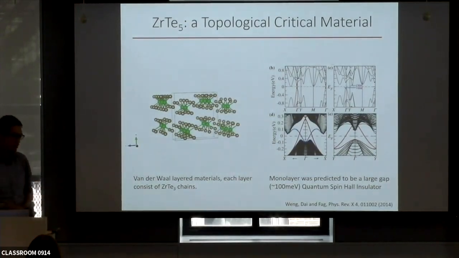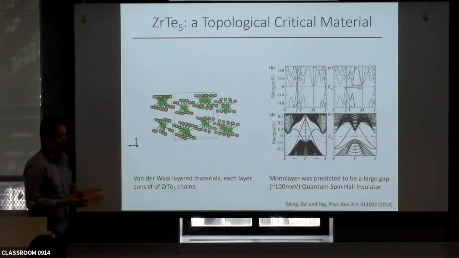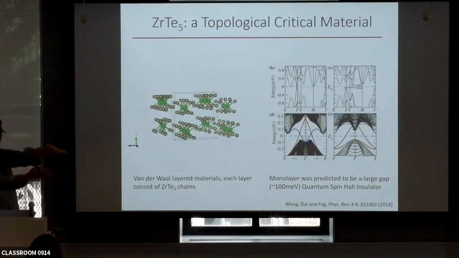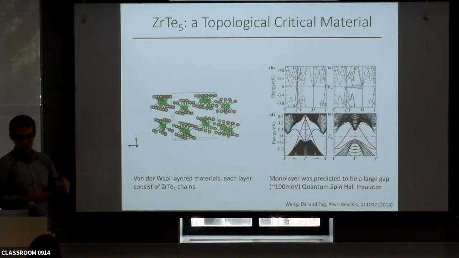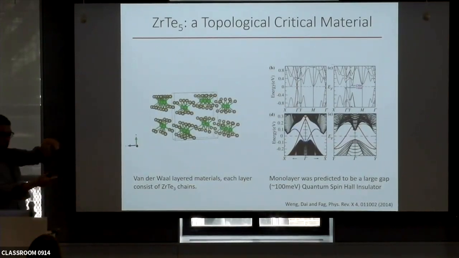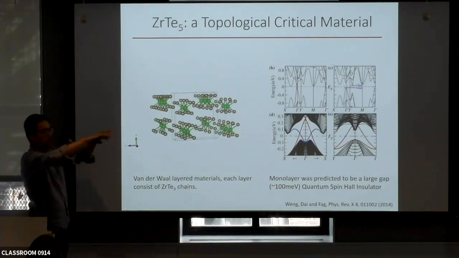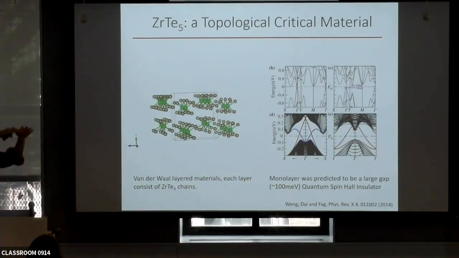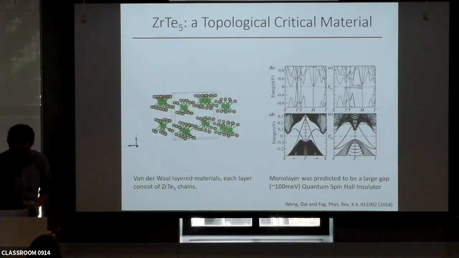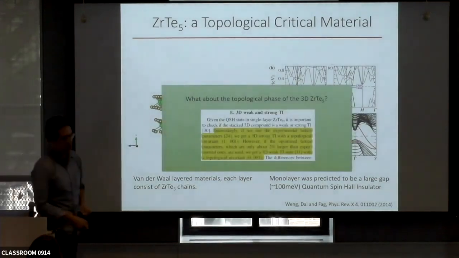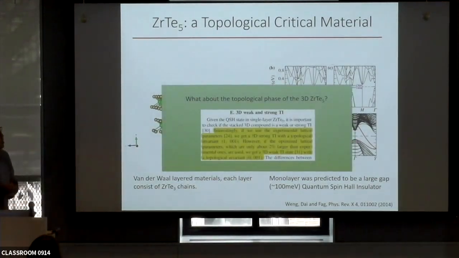Other speakers discussed yesterday that one possibility is forming a weak topological insulator, right? You basically transform the edge states in the 2D layers into a 2D surface state on the side surface. But another possibility is that you can have actual band inversion and eventually form a strong topological insulator with surface states on all crystal surfaces. They also did these calculations, but interestingly, they found that they cannot determine whether it is a strong topological insulator or a weak topological insulator.